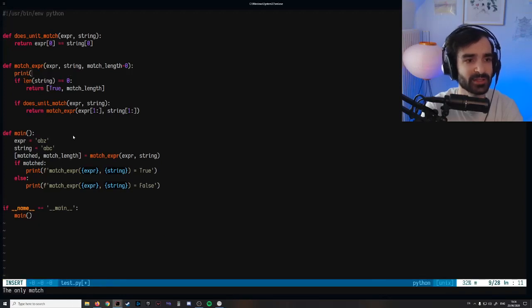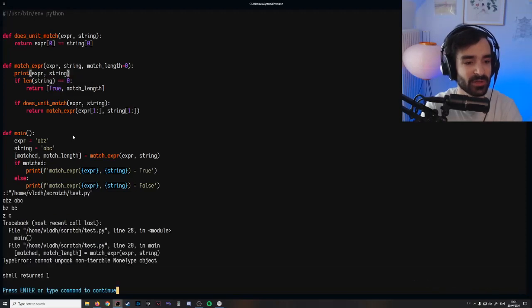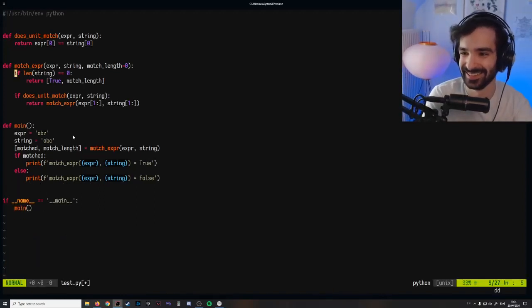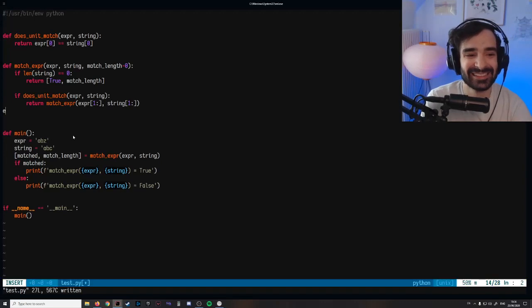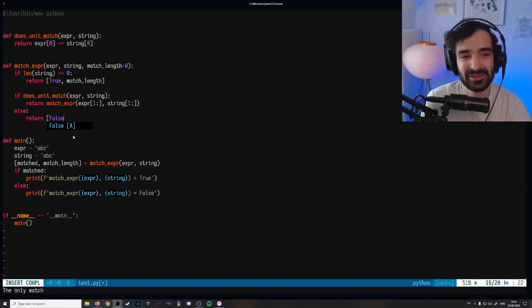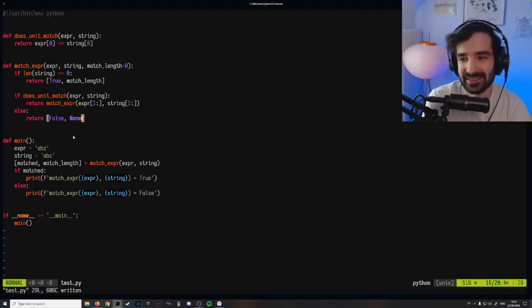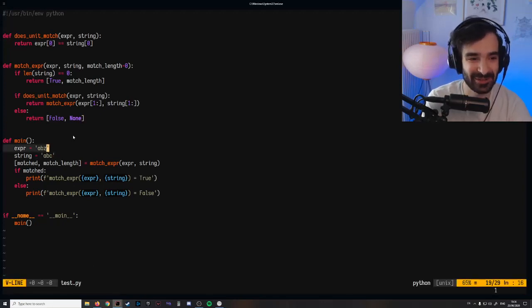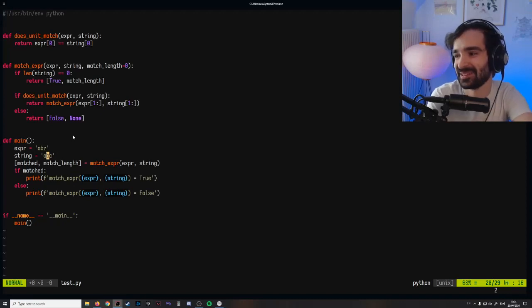Let's just print expr and string to see what we did wrong. Can also just debug this real quick. We have Z and C. Oh, because I never wrote an else. So basically here I'm just going to say false, and if we did the match length, we're just going to make it none. So see, this doesn't match. So we're already on our way. Basically we're matching super simple